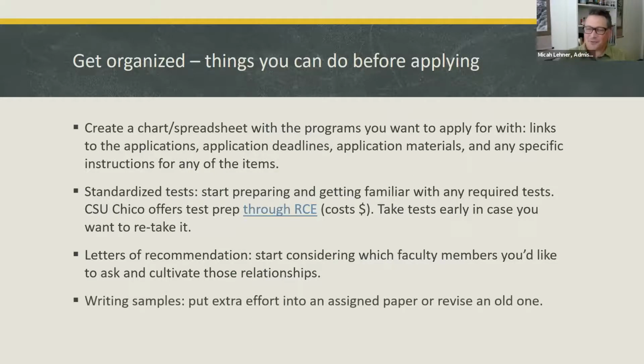And same thing for a writing sample. If your program's going to require you to provide maybe some academic work, have that in your head now as you're